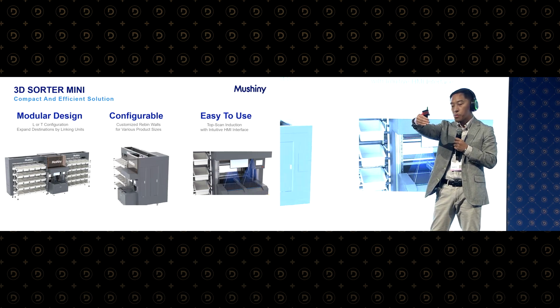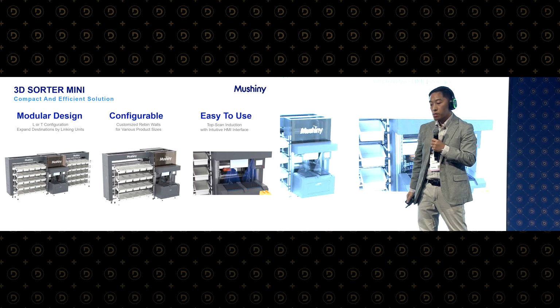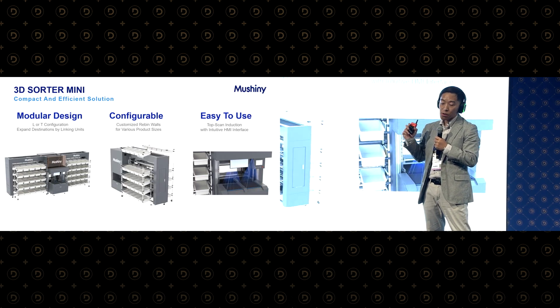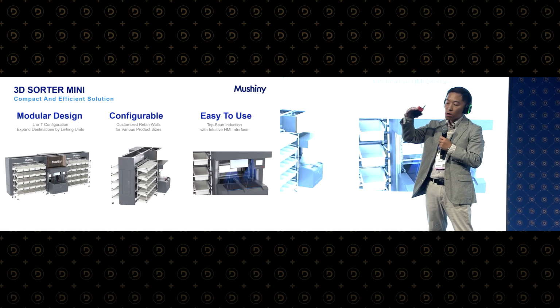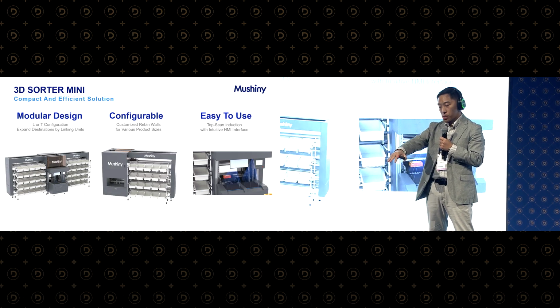if it belongs. If the item needs to be diverted at the second 3D Sorter Mini, it goes through the conveyor in between these 3D sorters. And it is also configurable. It's not as configurable as the 3D Sorter Max because the number of horizontal shuttles is fixed, which decides